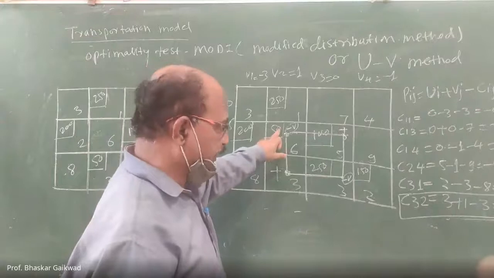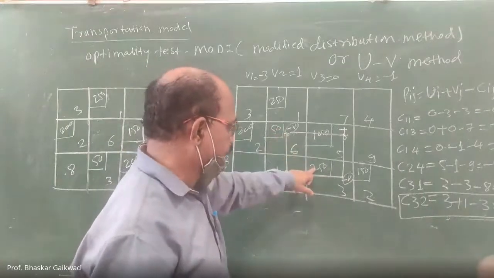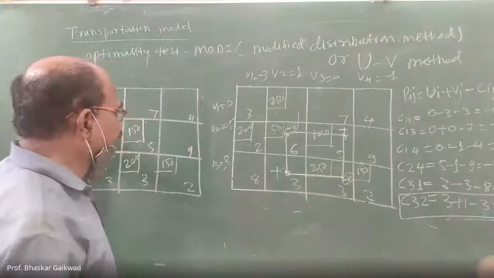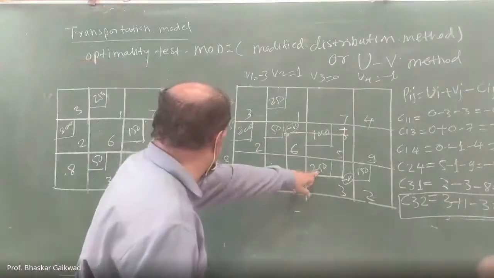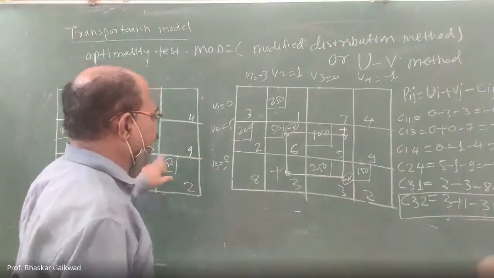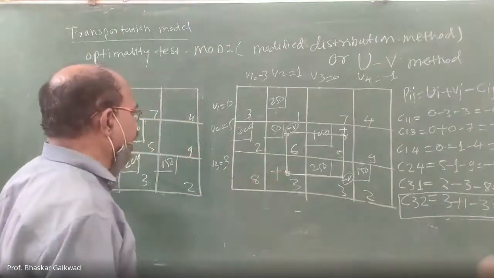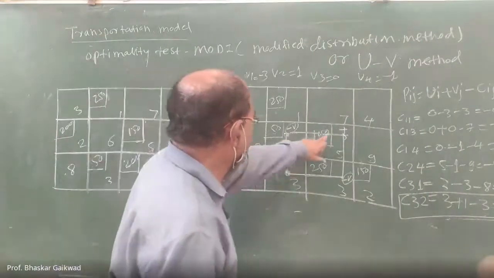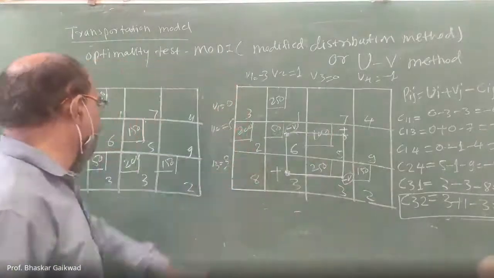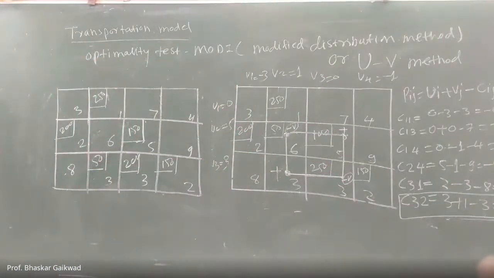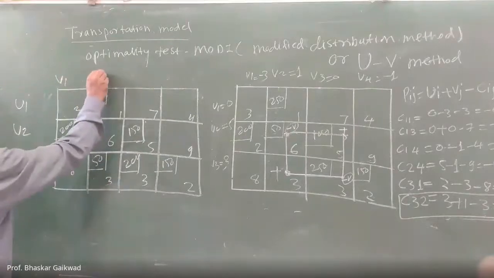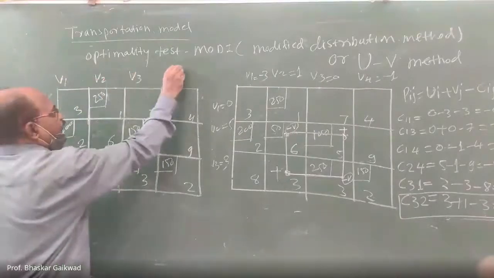50, you have to subtract here and here. So it will remain blank as it is, and here instead of 250 it is 200. Here the plus sign is there, so you can add 50 here. And here plus, it is 250. The remaining values you have to carry over. Okay. Again, you have to go for calculation of V1, V2, V3 and V4.